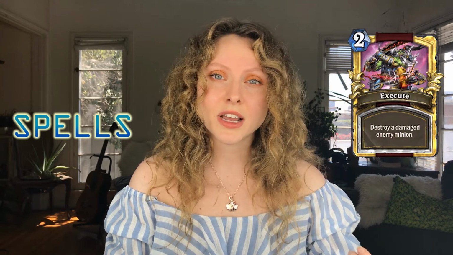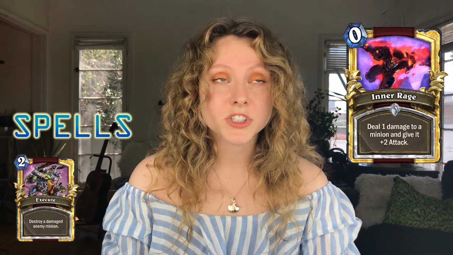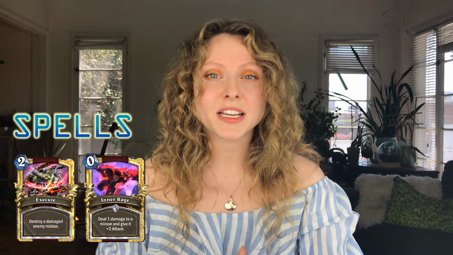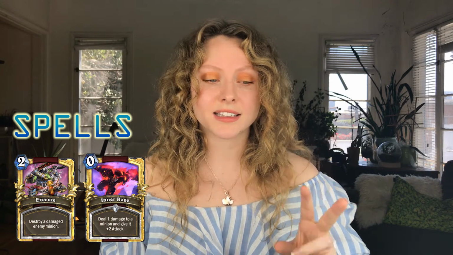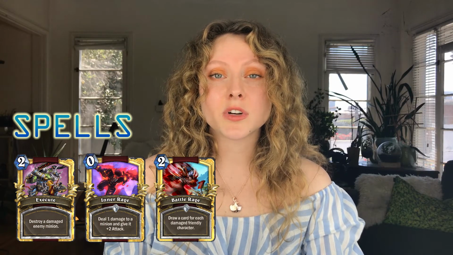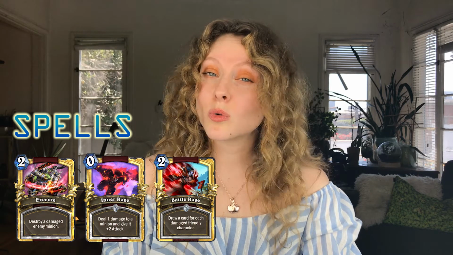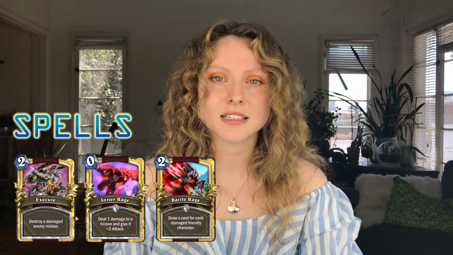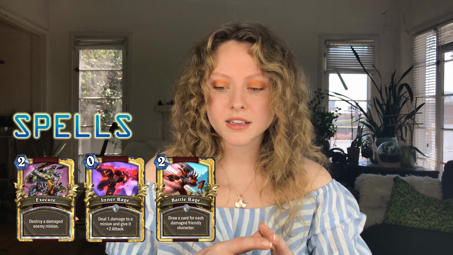My spell list is pretty short this time around. I've got Execute for destroying a minion that's been damaged, Inner Rage, which costs nothing and helps to activate my damage activated minions, and it does 1 damage, gives 2 extra attack. It's a great deal. Battle Rage is pretty cool. It allows you to draw a card for each damaged friendly minion, and I'm probably going to have quite a few damaged friendly minions based on this deck style. So it seems like a good way to generate more cards